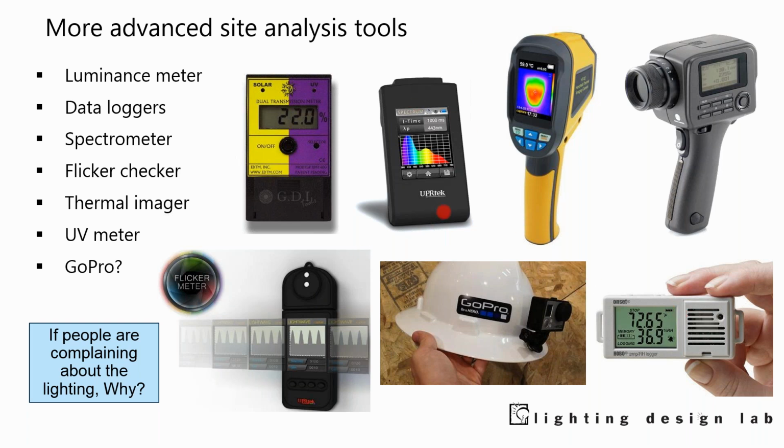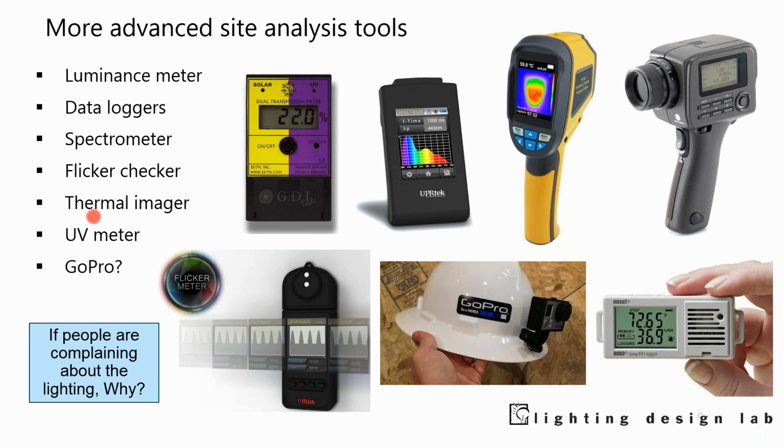Spectrometer is a big issue now. People want to know if there's UV light or what the spectral power distribution is of the current lighting. Flicker is coming back, especially with the advent of LEDs. So that's a topic. Thermal imager, they might be having lots of premature failures on their lighting equipment, and you can say,